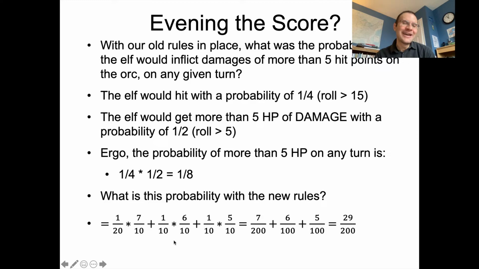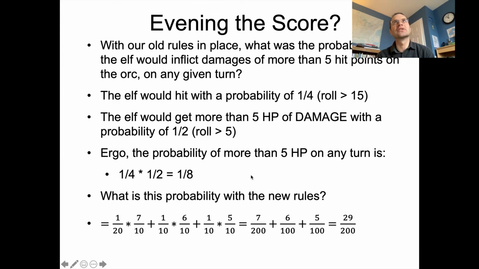Anyways, for the rolls of 18 or 19, there's a 1 out of 10 chance you'll get a roll of 18 or 19 because there's 2 chances out of 20, basically. And after you roll those, you have a 6 out of 10 chance of getting more than 5 hit points on the damage roll because you're adding 1 to it. So anything from 5 to 10, that's 6 out of 10 total. And then you multiply those together and then add the last 2 possibilities, which are a roll of 15 or 16,